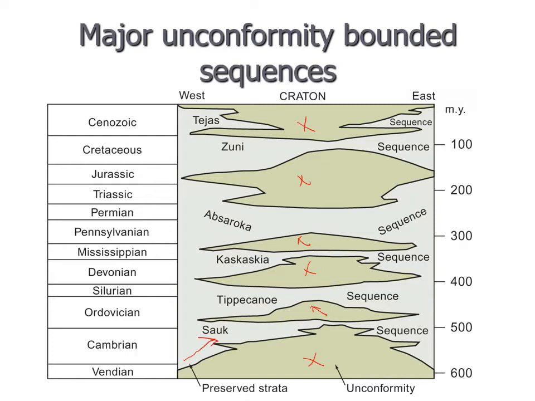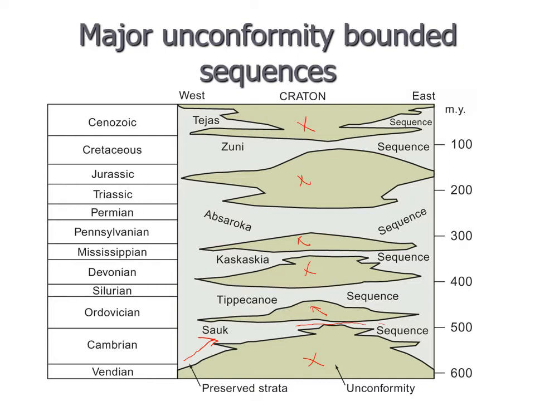And by the time we get to the end of the Cambrian, beginning of the Ordovician, you'll notice how we have sediments that go all the way across the North American craton. That means sea levels were high. And then we drop them back down in the Ordovician, and they start to go up again. So every time you see a sequence go all the way across, whether it's Sauk, Tippecanoe, Kaskaskia, Absaroka, Zuni, those are major global transgressions. So that's what we're seeing here is transgressions bounded by unconformities. The unconformities are representing the regressions.